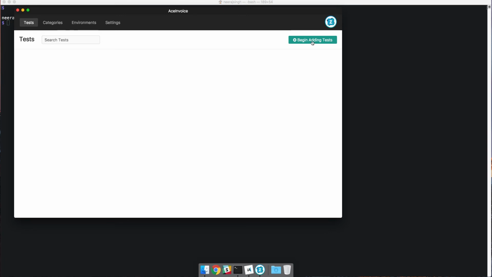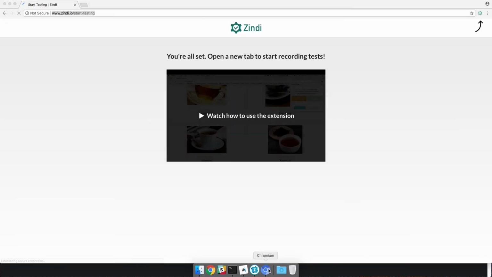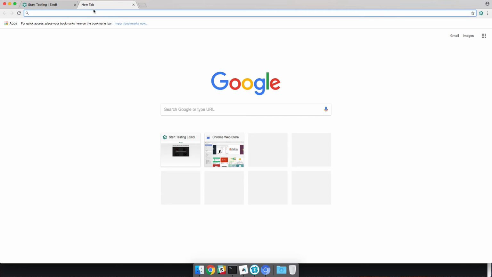So we will add a new test. Let's click on a new test, and we can see that a new browser is coming up. An important thing is that this browser has come up with an extension which is already built in. So let's just create a new tab, and we will go to the URL